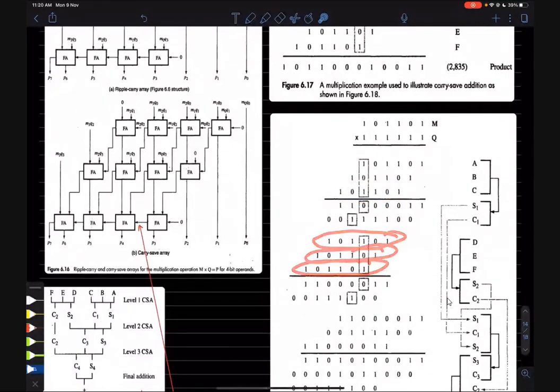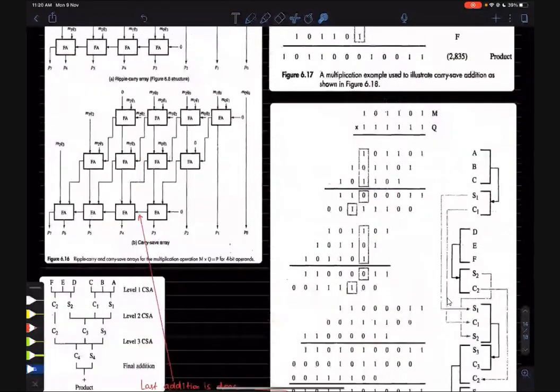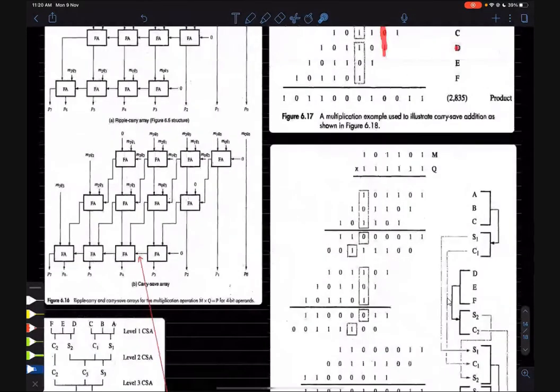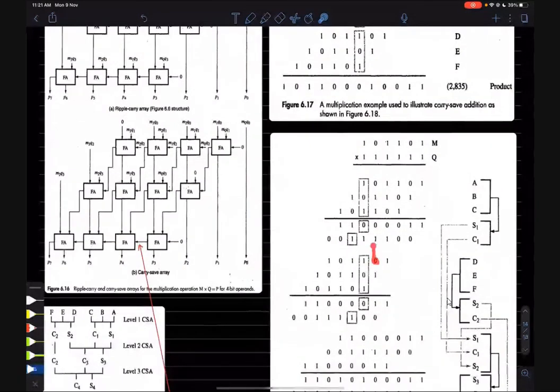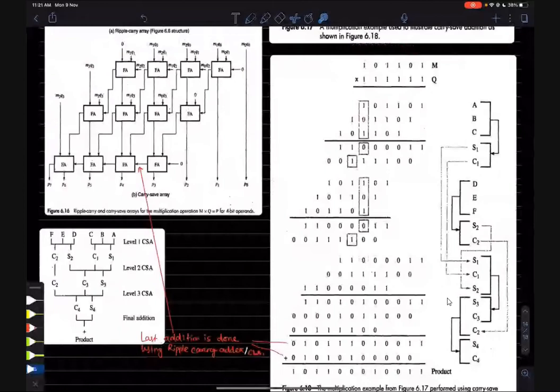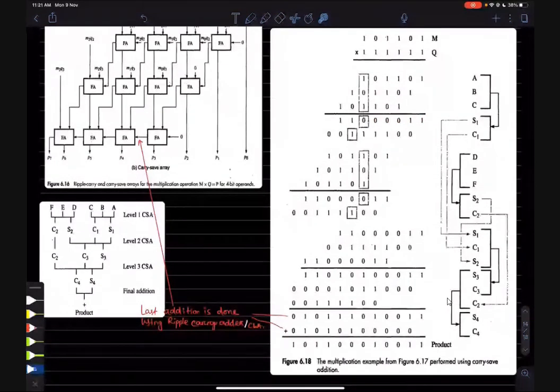Okay, the position you have to check clearly, because D starts from this bit. So that's why this D will start from the correct position. D is the 6th bit number, so like that you have to write it accordingly. So you have to align it properly and then do the multiplication and addition.